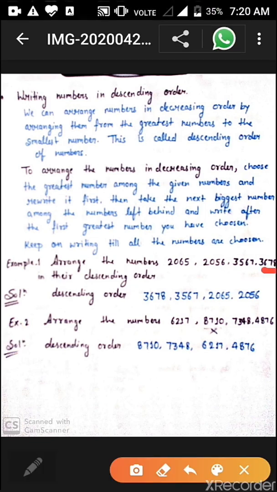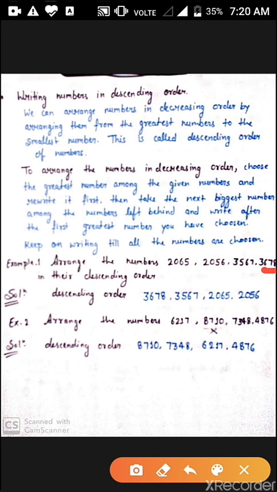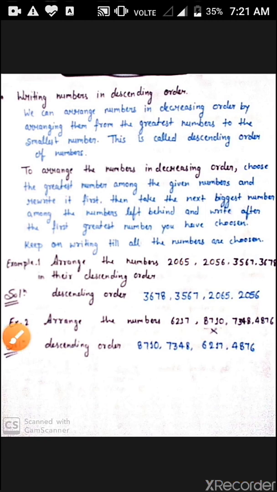Okay, after that, the second greatest number, which is 3567. Yes, after that, 2065, and the last, the smallest number, 2056. Okay, so we can see here this is greatest to smallest: 3678, 3567, 2065 and 2056. Okay,